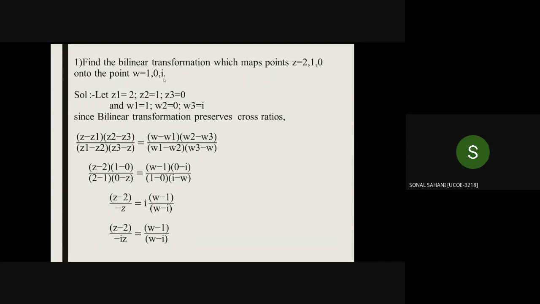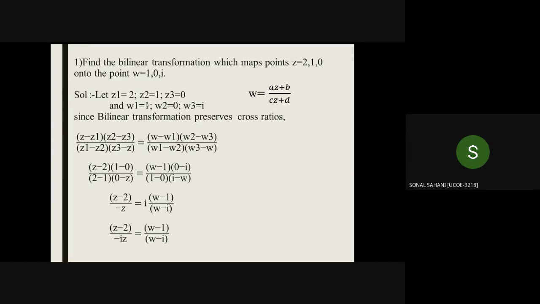Before starting, we need to know the meaning of the question. The meaning is, we are given 3 points in the z plane, that is z1, z2, z3, and 3 points in the w plane, that is w1, w2, w3. Then we have to find the relation between those planes. So how can we solve that? As explained earlier by Dhananjay Prajapati, the relation between the z plane and the w plane is w equal to (az plus b) upon (cz plus d). So bilinear transformation means we have to find the constant values, that is a, b, c, d.